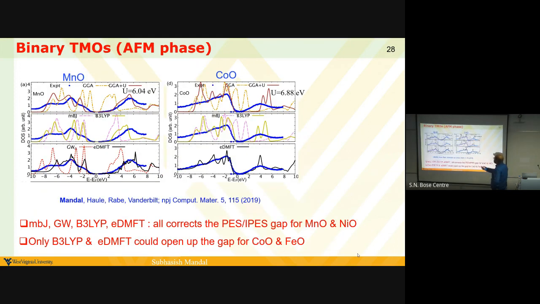Now, similar structure, cobalt oxide. If you apply the same thing, if you want to make a model, it's not going to work just by replacing manganese with cobalt. You'll see that it's not going to work because GGA is going to give you a metal. So is meta-GGA, and you see only hybrid functional works well, and DMFT. Again, DMFT was pretty good for the photoemission and inverse photoemission.